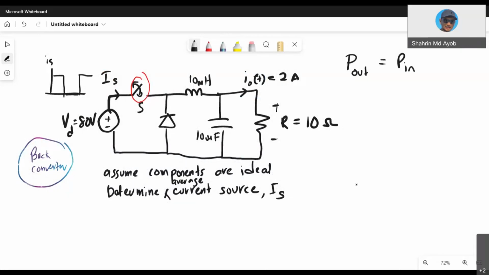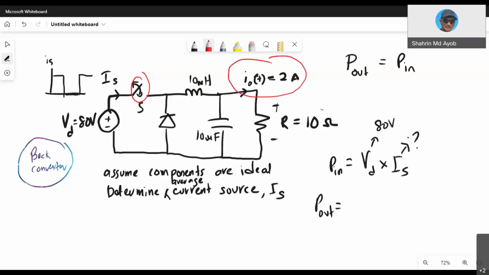So from that, you know that P in is VD multiplied with I source, right? VD is already known, 80 volt. So you need to find IS. P out can also be calculated because you already know the values of your output current and your resistor, so without doing any of the equations that you have already learned, then you can